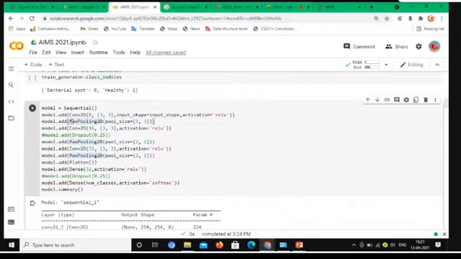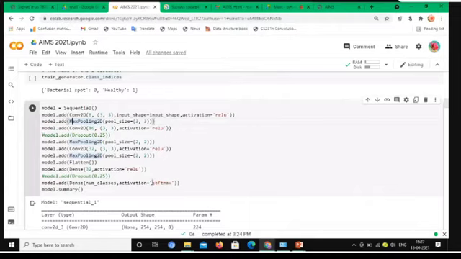Here I give the dropout value. Dropout is used to make some neurons relax in that particular layer. It is not needed with a small data set; if we use a large data set, we give the dropout function. If I give 0.25, it means 25% of the data will not be trained, but it will be present in that layer. It is used only for a large data set.